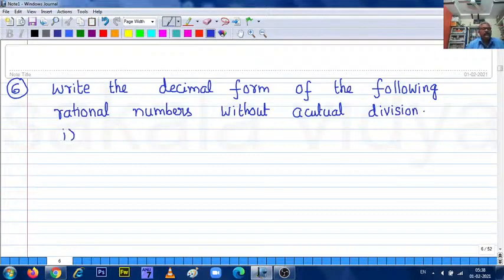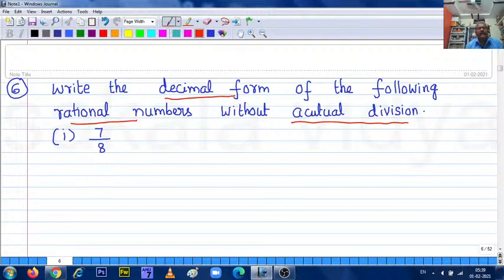In that, first question is 7 upon 8. So this is a very important question. Write the decimal form of the following rational numbers, with the condition: without actual division, without dividing 7 by 8,